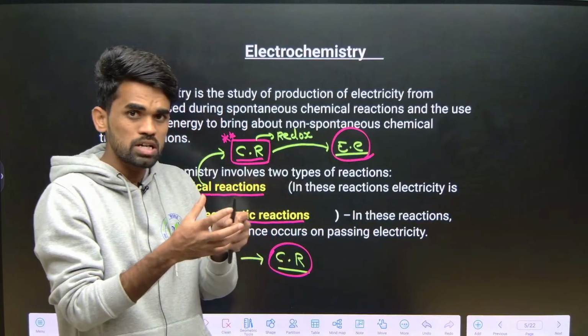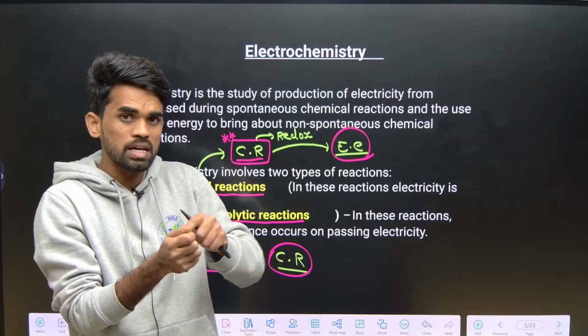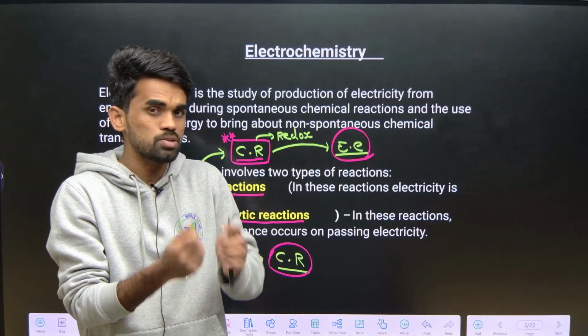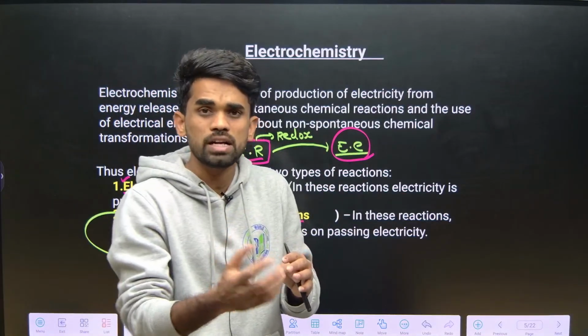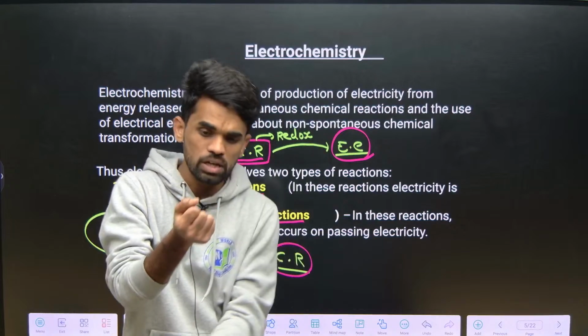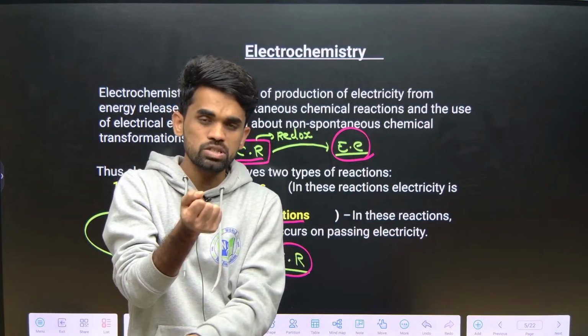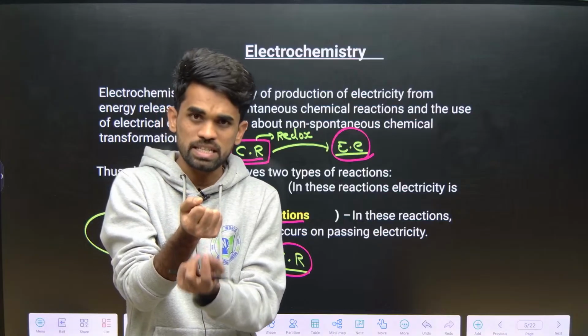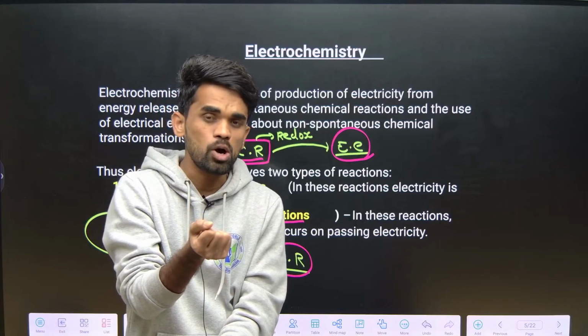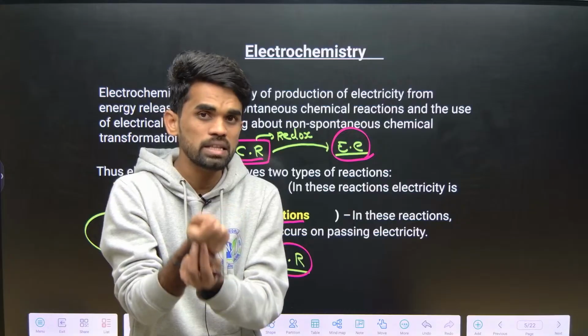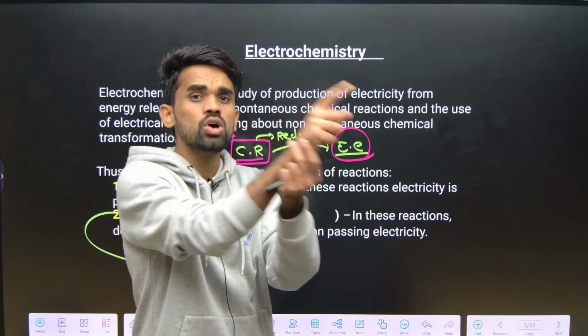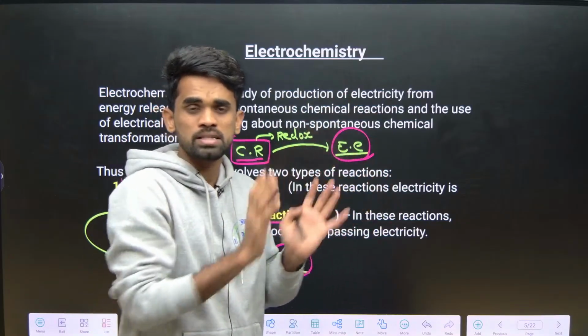So due to these non-spontaneous reactions, in order to make it a possible reaction, because non-spontaneous means it won't take place on its own. So what do we need to do? We need to supply some energy from outside, that is nothing but electricity. By passing the electricity, we are making these non-spontaneous chemical reactions take place, to get the product